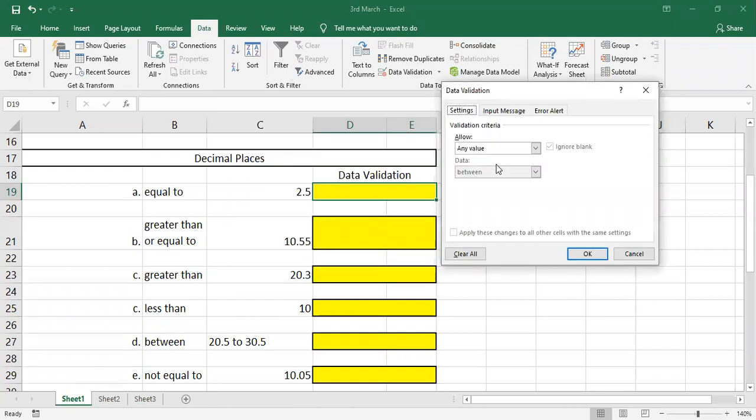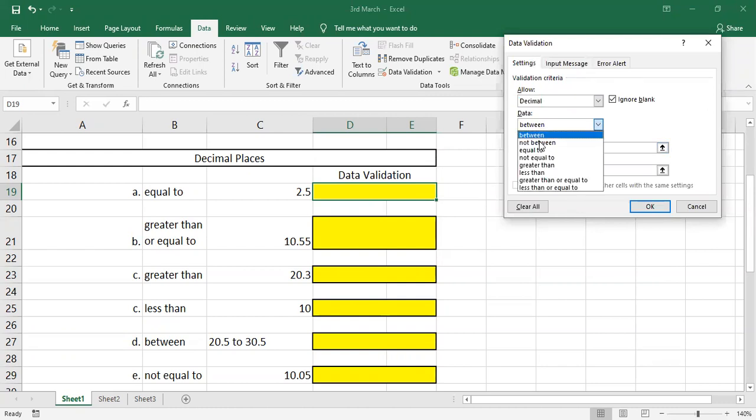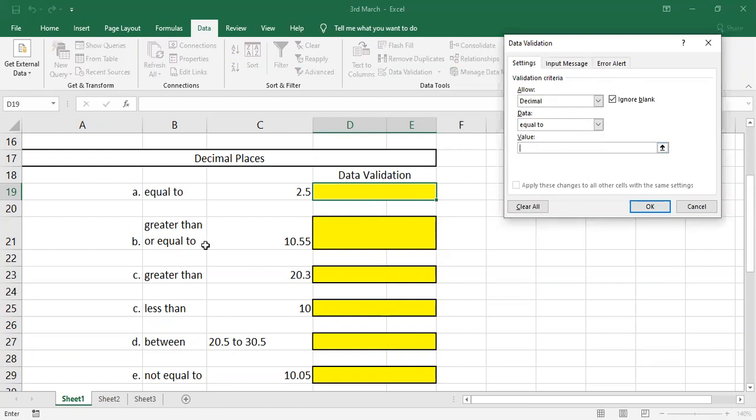In this, the cell should accept only decimal values. Again here I'll give equal to, it will be similar to what we have done for whole number. There we have just numbers, but here we have decimal places also. Now I'll select decimal. First I'll give equal to, I'll give here 2.5.